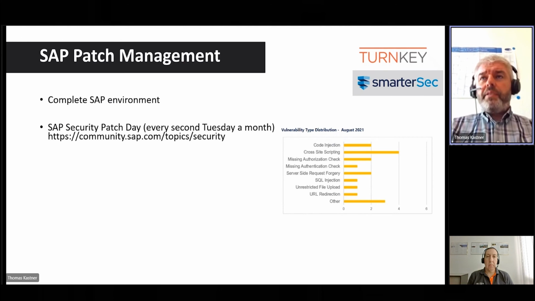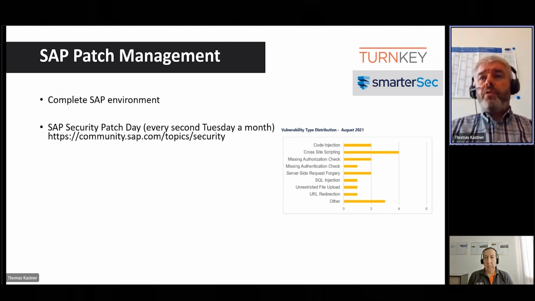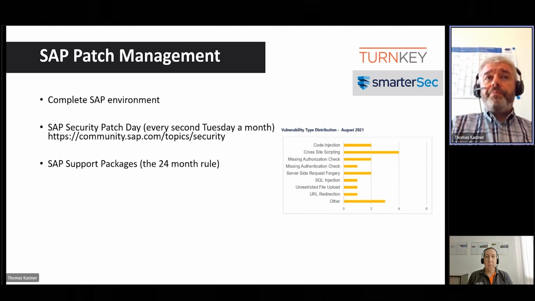Every month, they're not just releasing them, they also categorize them in the areas involved, like simply missing authority check in their coding, a SQL injection, cross-site scripting. So it covers all the areas of the environment, of authorizations, of front ends. So it's giving you advice how to import these security patches, as well if they are manual work straight after when they are.